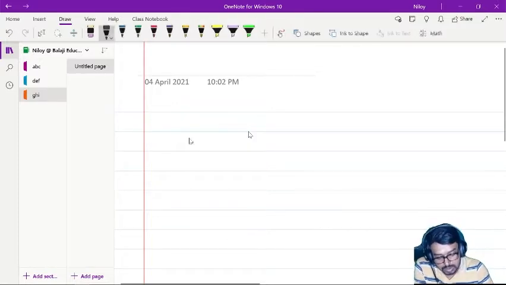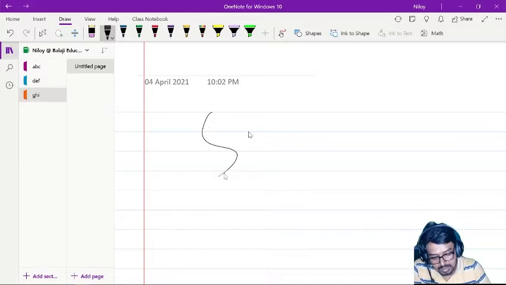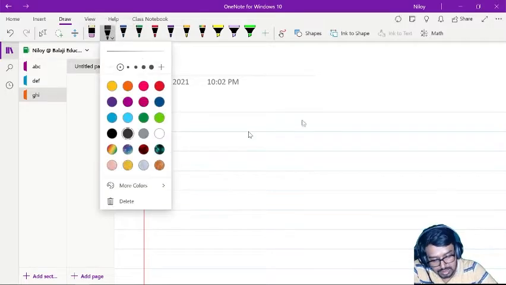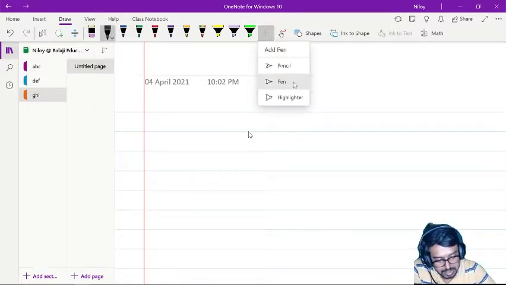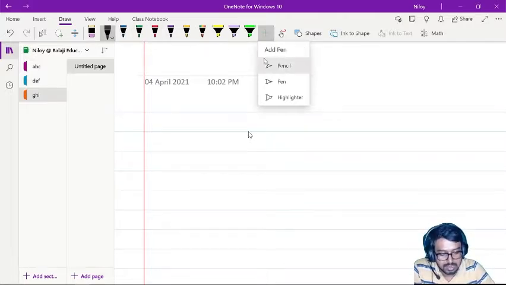Okay, so just writing some diagrams. You can set the pens here. You can add pen, highlighter, or pencil. I have already set up my instruments here. You can edit that by adding the plus sign here.